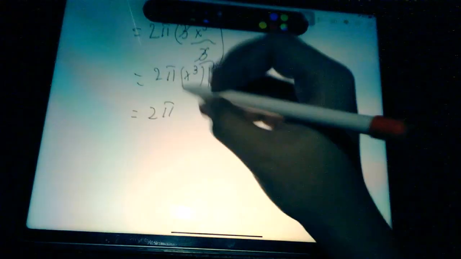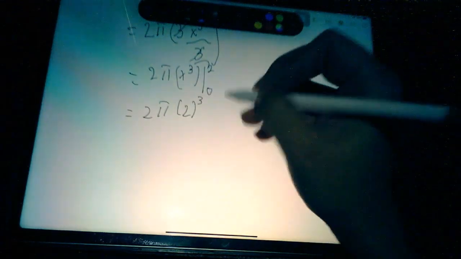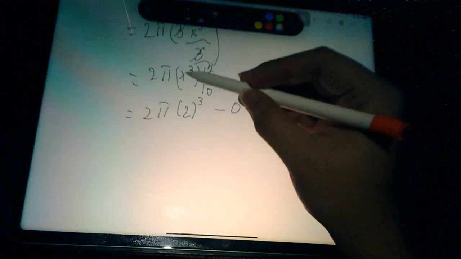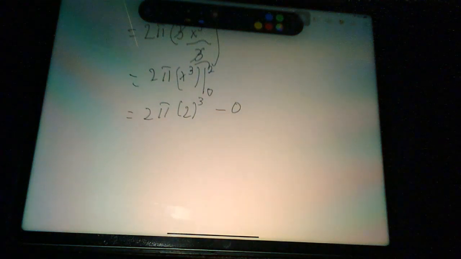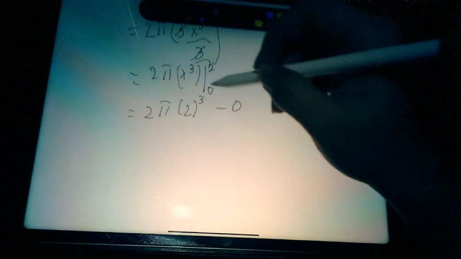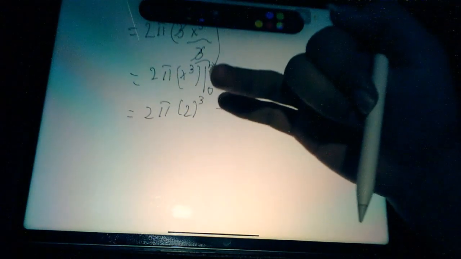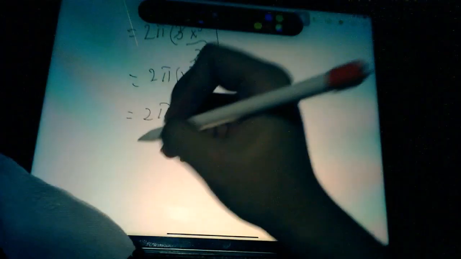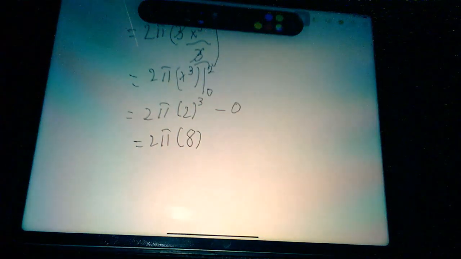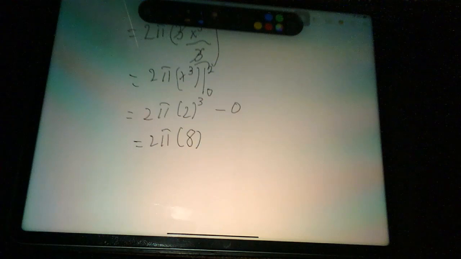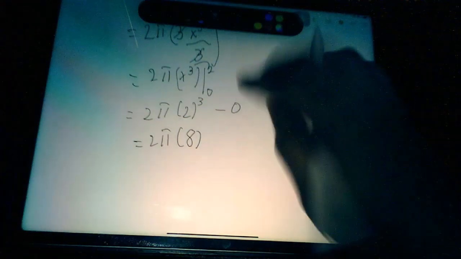So our answer here is just equal to 2 pi times 2 raised to 3 minus 0, because 0 raised to 3 is just 0. So let me get my calculator. 2 raised to 3: 2 times 2 is 4, times 2 is 8. So 2 pi times 8 is just equal to 16 pi